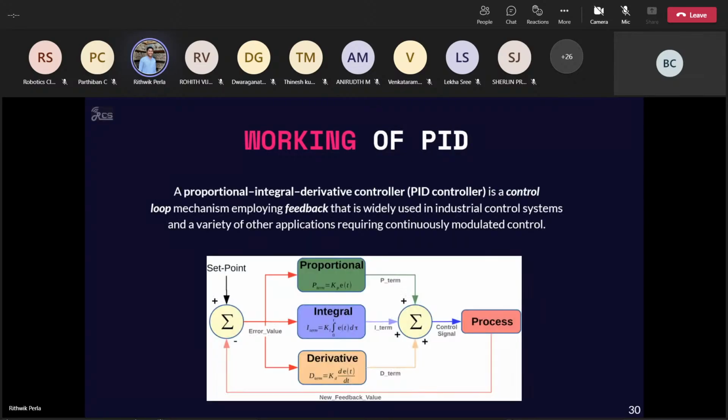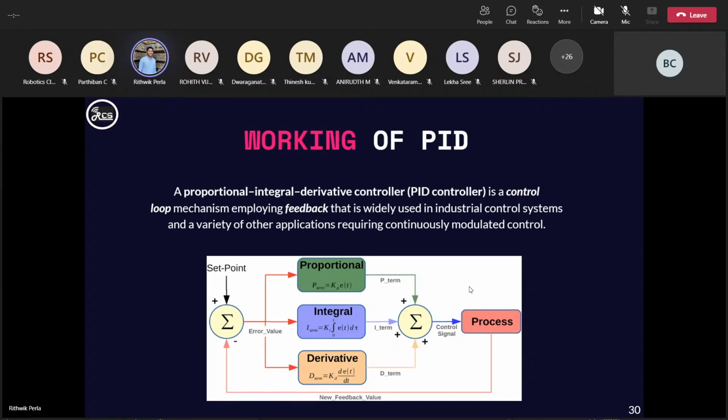So basically, the most popular control system or mechanism which we use in recent times, like in industries, the most popular and the most accurate and efficient one, is nothing but PID. The full form is proportional integral derivative controller. Similarly, in the previous slide you have seen, you get the input and there is a control unit. In the control system, you have these three processes going on: proportional, integral, and derivative.